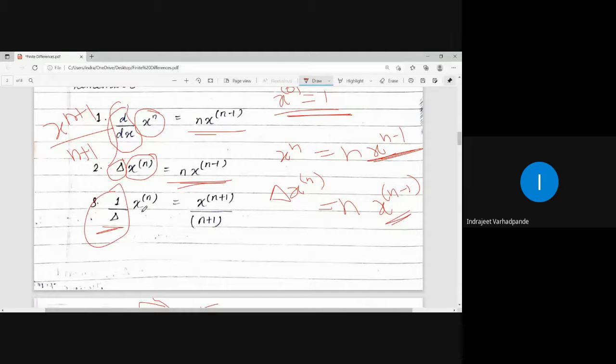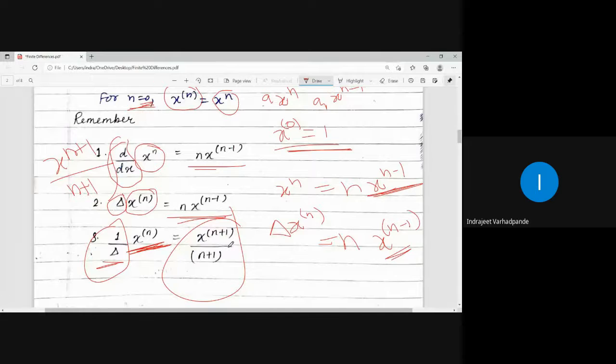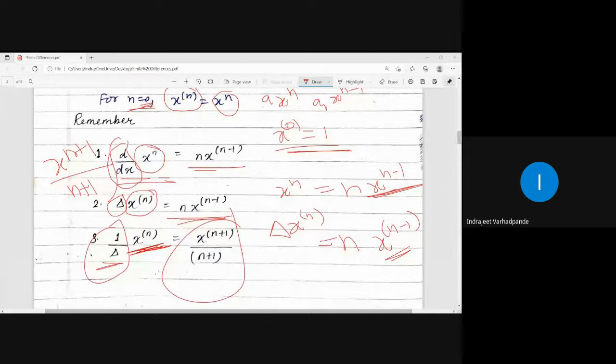So when 1 upon delta is operated on the factorial notation, the power is added and it is written as x to the power n plus 1 factorial upon n plus 1. This is how the operator delta acts on the factorial notation. D/dx and integration act on the polynomial. Delta, which is the forward difference operator, acts on the factorial notation. Derivative and delta are analogous to each other. Similarly, 1 by delta is the inverse operator analogous to integration, as in the case of a